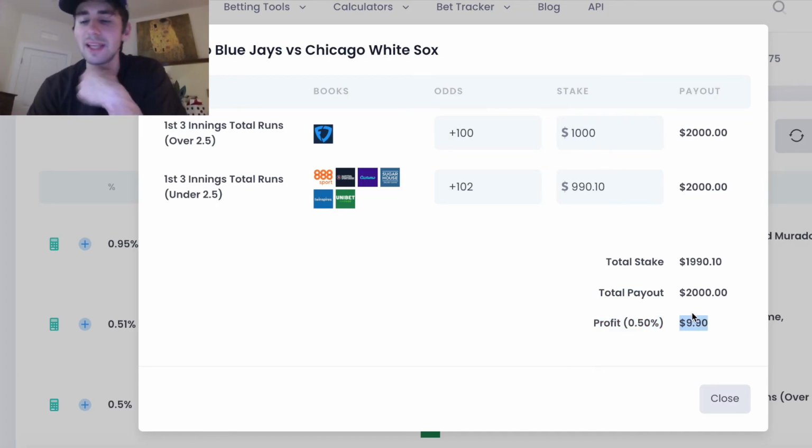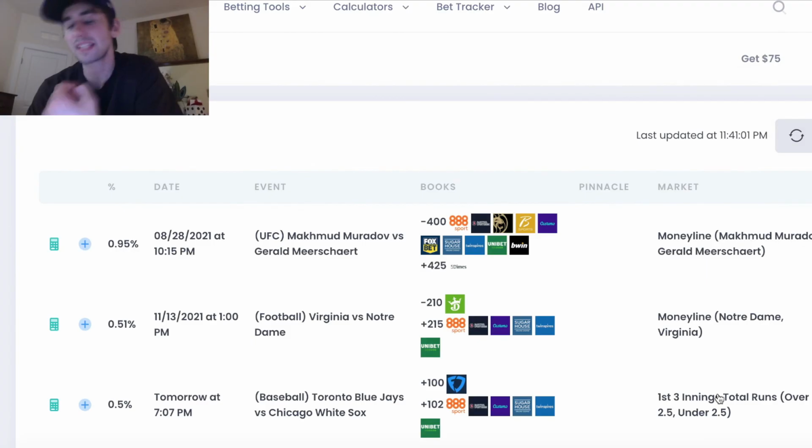Even if you just made $10 arbitrage betting per day, that's $300 a month in risk-free profit. Imagine what you can do with that $300. That's how many people who use OddsJam view arbitrage. And that's great, right? It's great because you can hustle, you can earn $10 here and there and make a pretty good sum of money in a day if you're checking the site consistently.